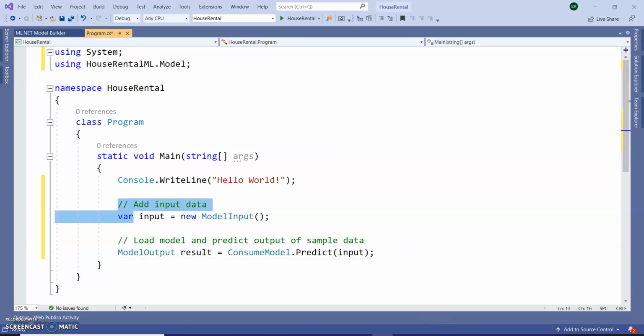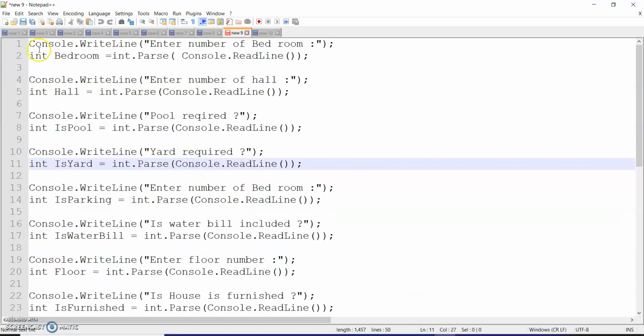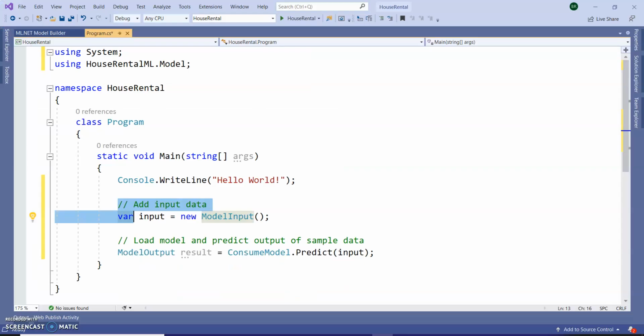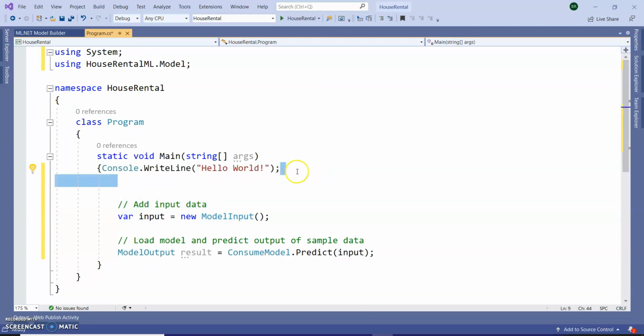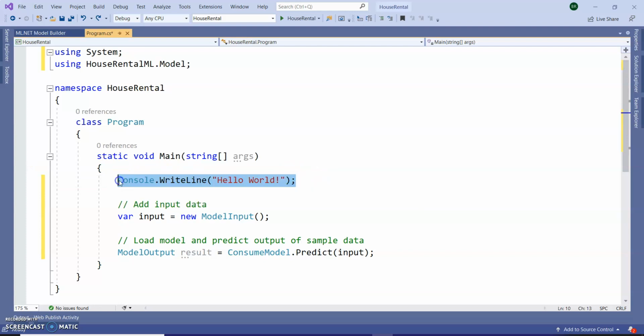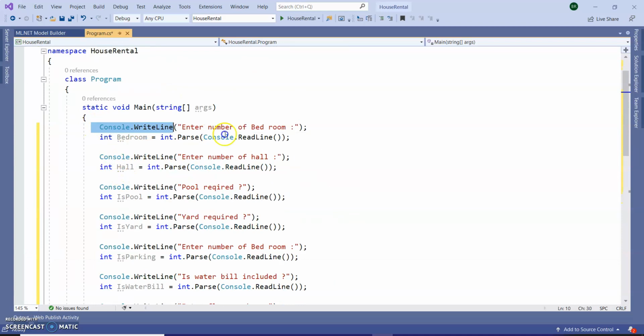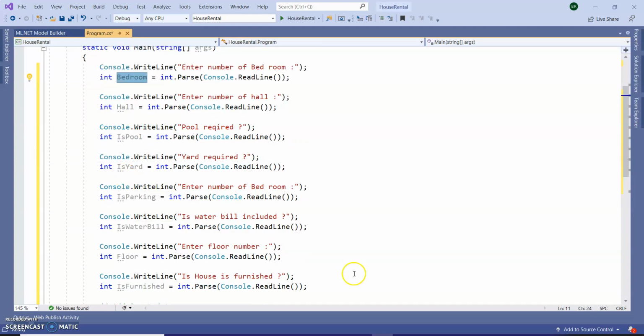Here I have already written the input logic for getting the values. Same thing, just displaying the text to enter and storing the record into a variable.